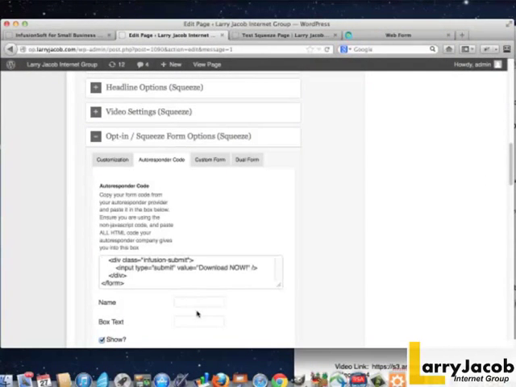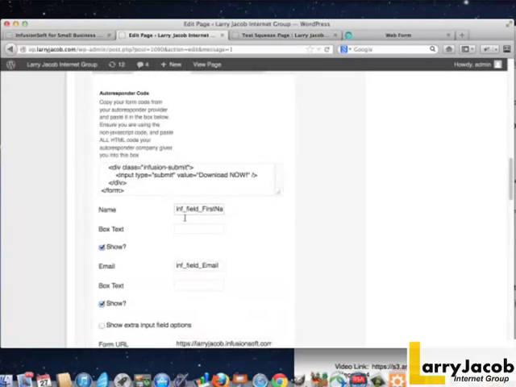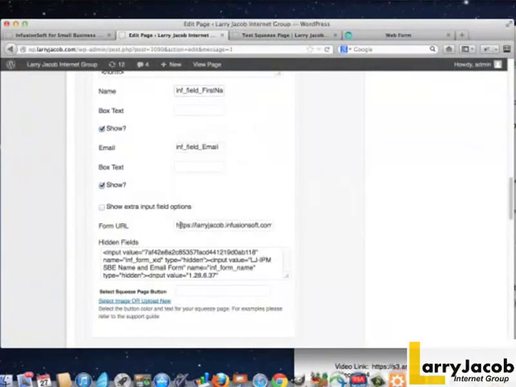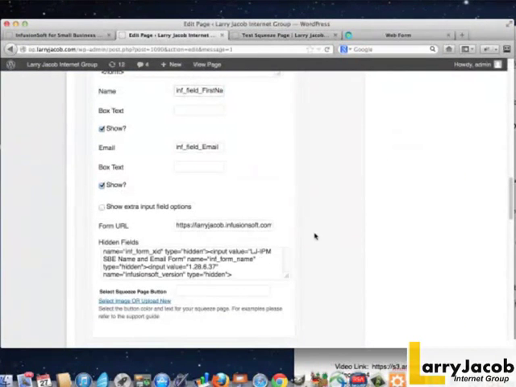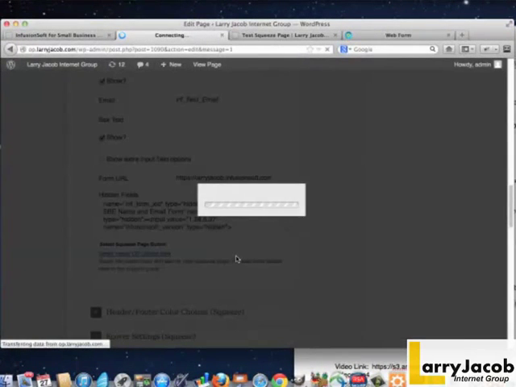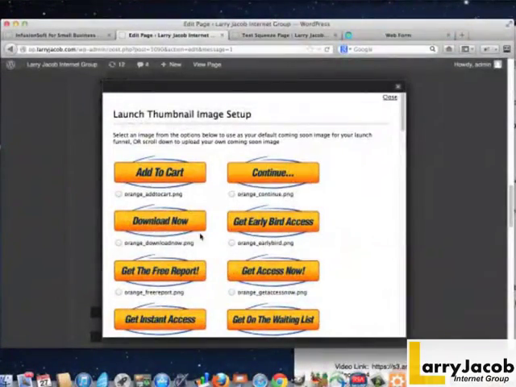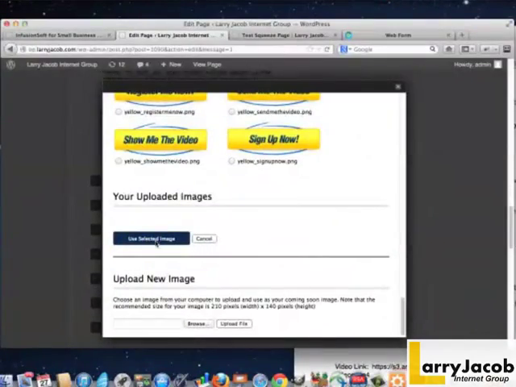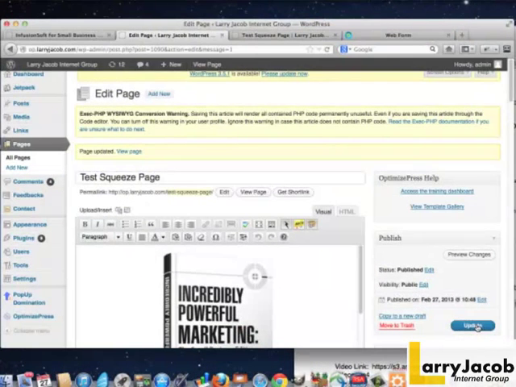So I'll paste it in here, and the minute I leave that field, you'll see it reverse engineers this. It grabs the name field out of the form, the email field, and it basically connects up this form here with the form over at Infusionsoft, so you make the connection. Then it gives you a choice of selecting one of a whole bunch of different buttons that you can use. I'm just going to use the Download Now button, and then I'll go to the very bottom. I'll say Save Selected Image, and we'll save the page,